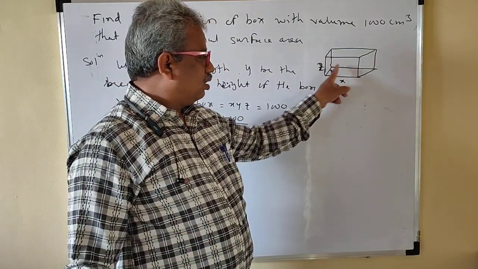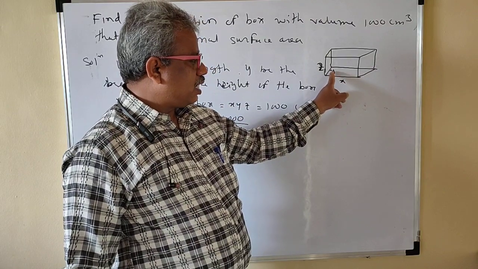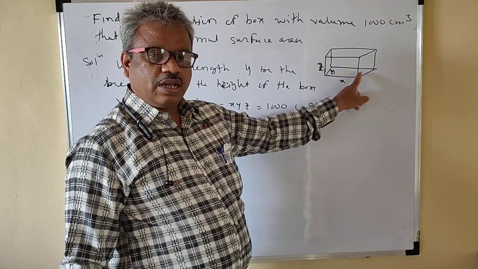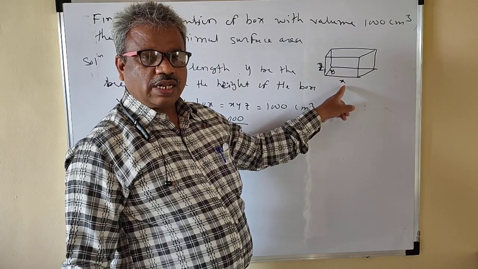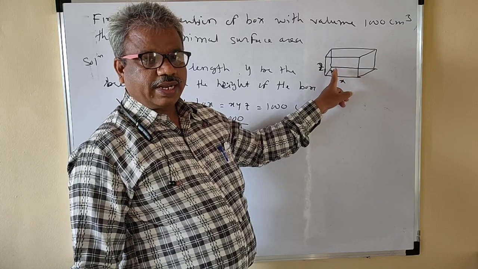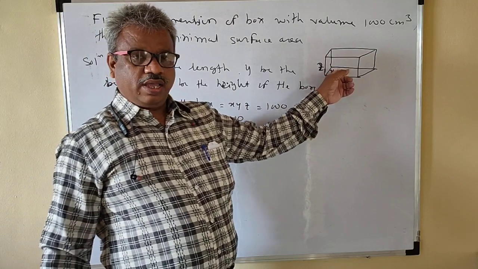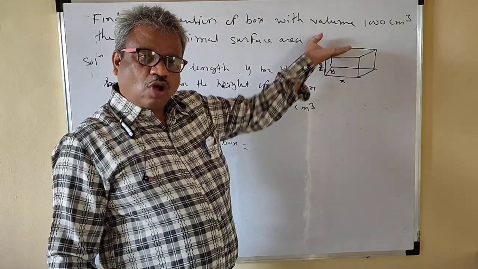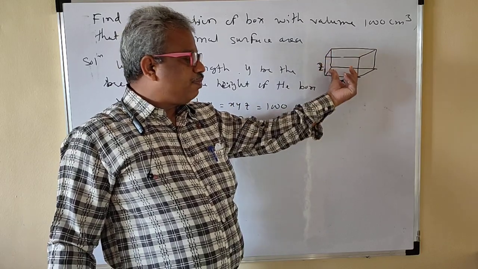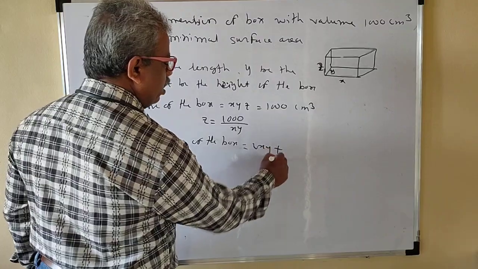See, this is the bottom surface, right? So this is a rectangular box. That means this is a rectangle, x and y. The area of a rectangle is length into breadth. So the bottom area is x into y. The top is also xy. So xy plus xy is twice xy, plus